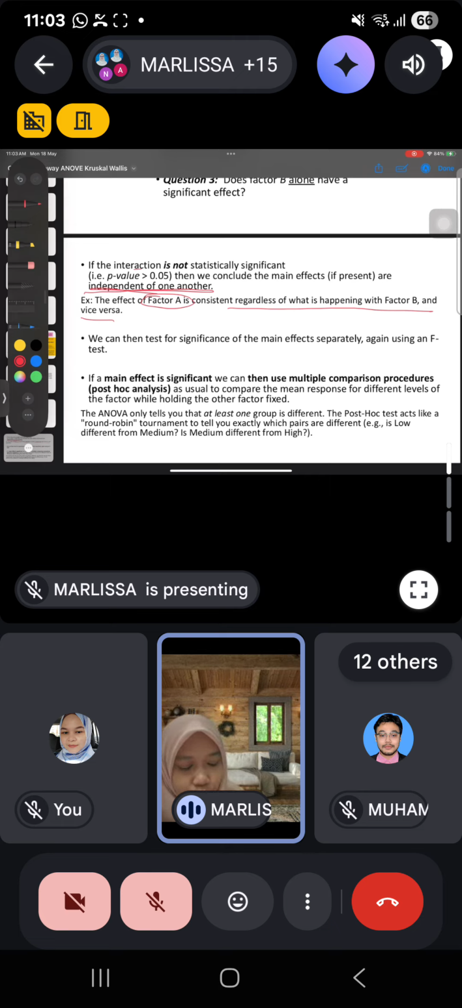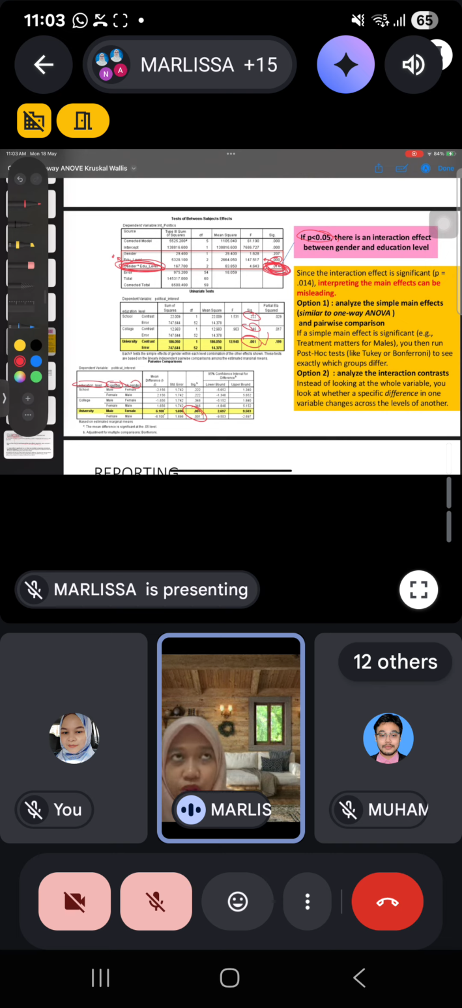If P is more than 0.05, just like what we've seen in the SPSS statistics just now, then we can test for the significance of main effects separately. What it means is, first of all, when you get this data, you have to look at the interaction effect first. If there is an interaction effect,